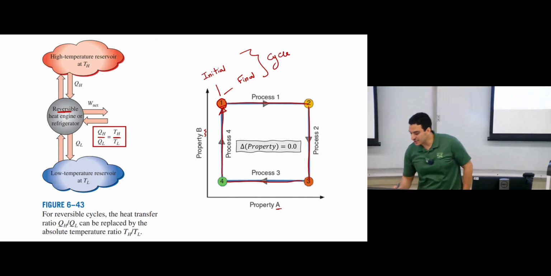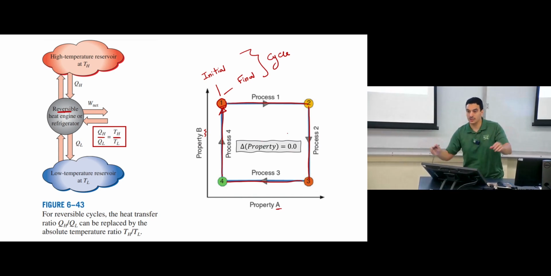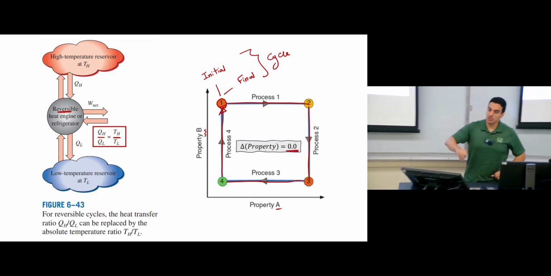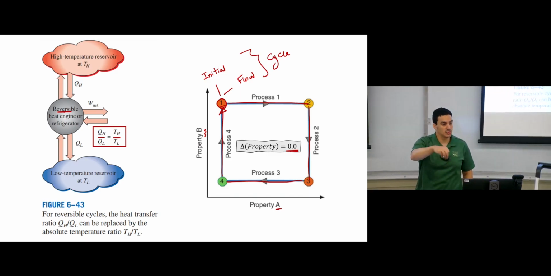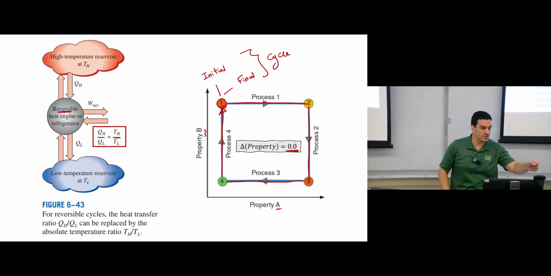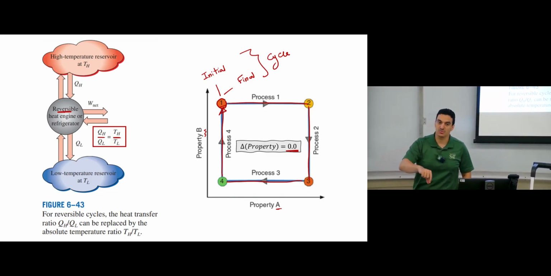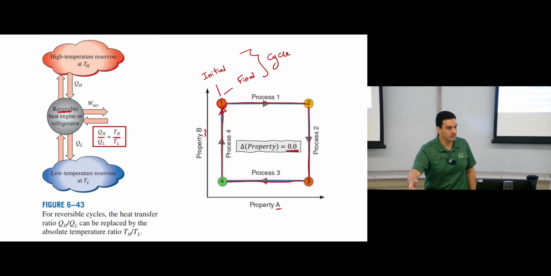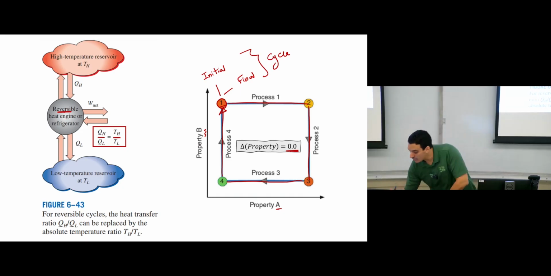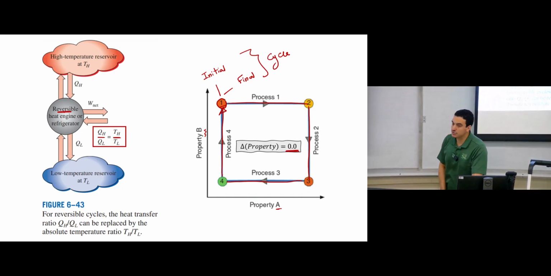One of the characteristics of a cycle is that if you need to calculate the change in any property for the whole cycle, this change will be 0, because you end up at the same initial condition. What is the temperature change for the whole cycle? 0, because state number 1 is your initial condition and at the same time it is the final condition. The pressure change will be 0. The internal energy change, enthalpy change, entropy change: the change of any property for the whole cycle will be 0. This simple rule helps us arrive at the first definition of entropy.